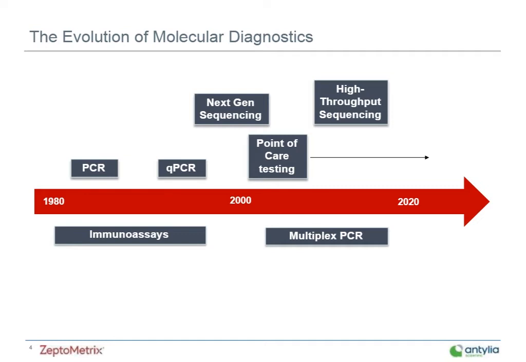So with the completion of the Human Genome Project in 2003 and technologies like next-gen sequencing, high-throughput sequencing, there was really an incredible amount of data and information being generated and gathered at this point in time. So this massive influx of information and the need for labs to quickly and accurately diagnose infectious diseases really spurred on the development of these point of care systems that we're familiar with today. And obviously that area continues to push forward with brand new innovations.